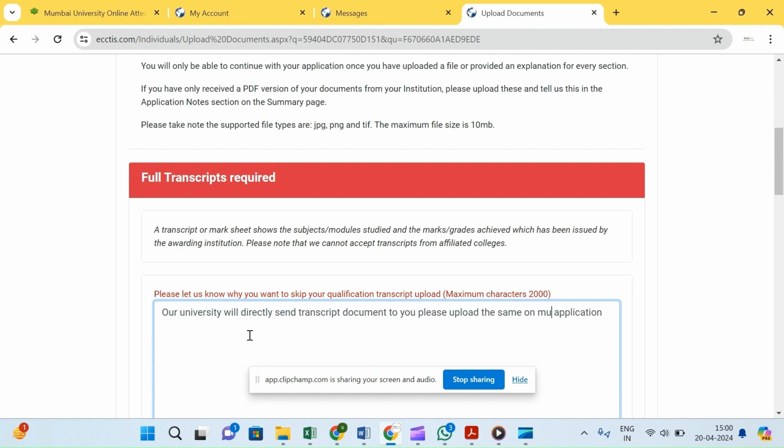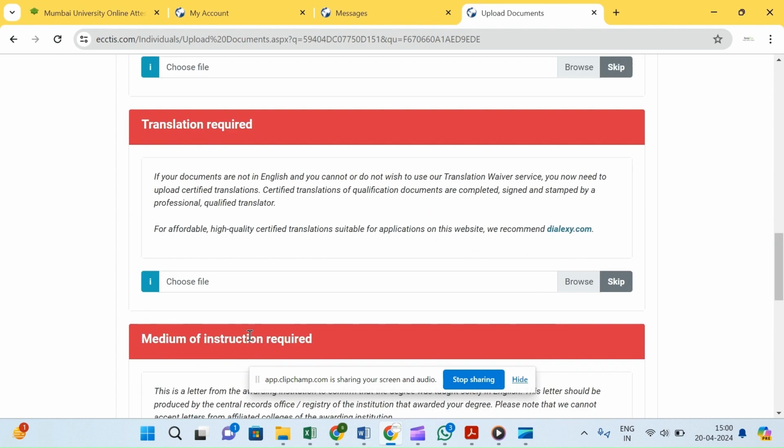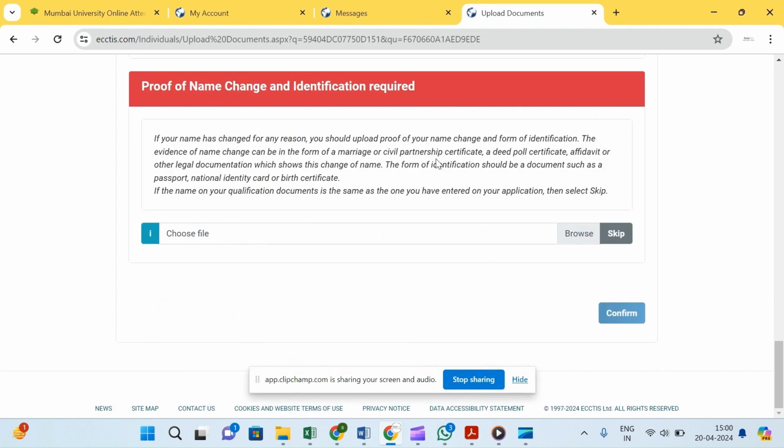You have to write this message and skip this for all the documents you don't have, and then confirm. After confirming, you will get to the payment gateway, and after the payment you will be able to complete the application. In 10 to 15 days they will complete your application, and you will receive the final version of your ECCTIS certificate.